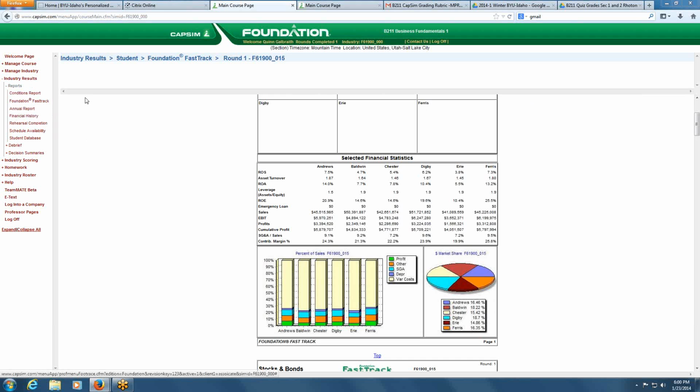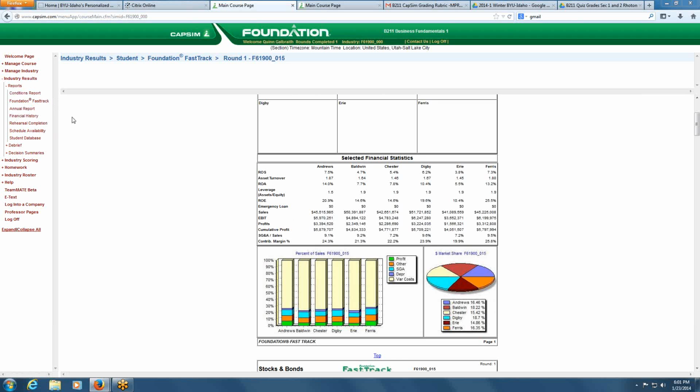Today what we're going to go over, everybody in the practice rounds went through their first practice round today, completed their practice round 1. So today we're going to go over some common mistakes that people have made in the previous round and ways that we can improve so that we can compete better against the computers as we go through round 2. Great.